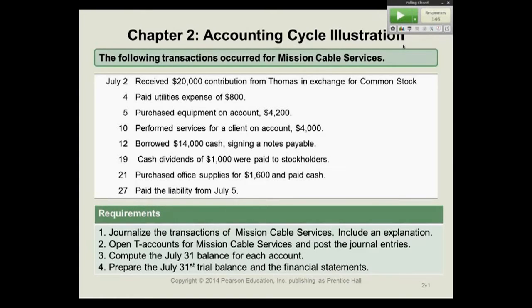So this one, let me get this up on the screen for you. All right. So this would be a debit to utilities expense for $800 and a credit to cash for $800. And I'm not going to do the posting references. When you post them, you'd have the debit going to utilities expense, the credit going into cash, and then